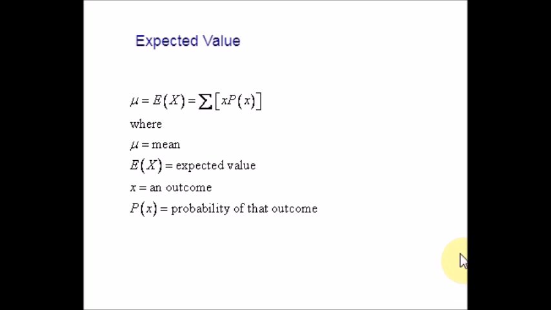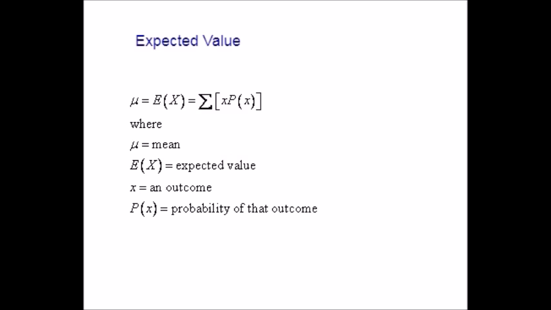The expected value of a random variable x is the weighted average of the values that x can take on, where each possible value is weighted by its respective probability. So here is the formula for the expected value, and it is denoted by E of x, and it is often called the expectation of x or mean of x. Mean means the summation. Okay.